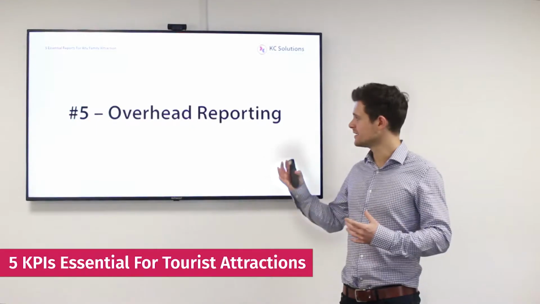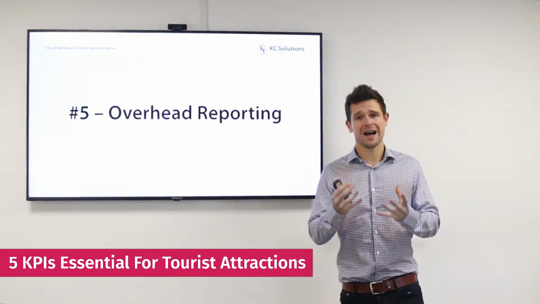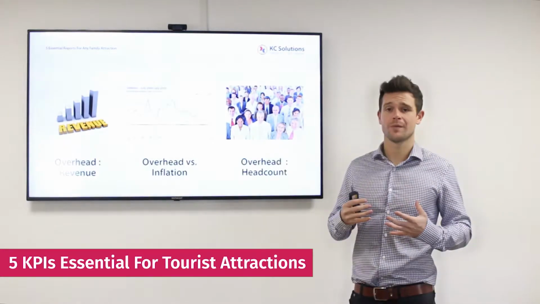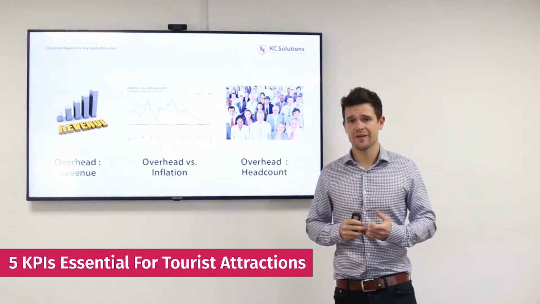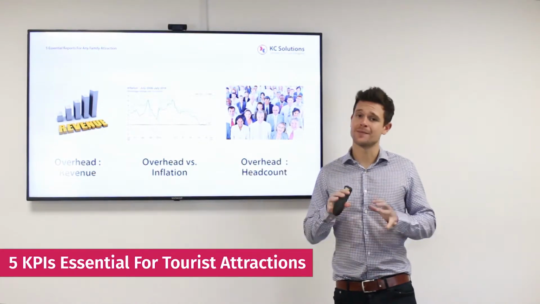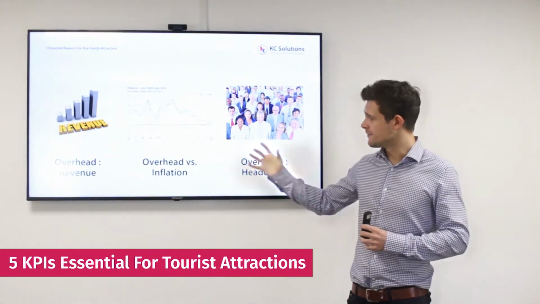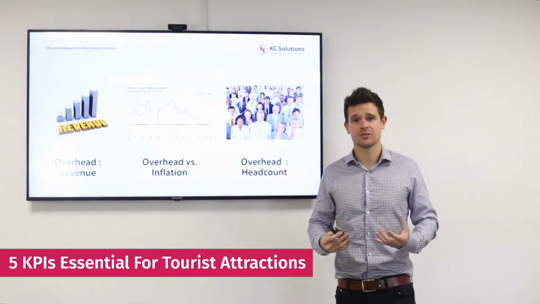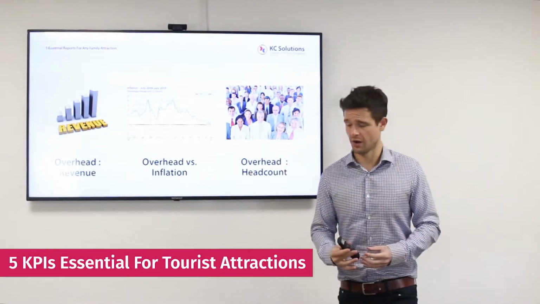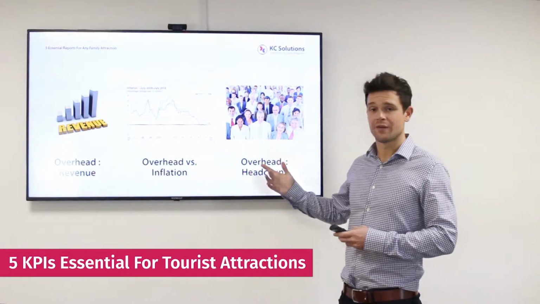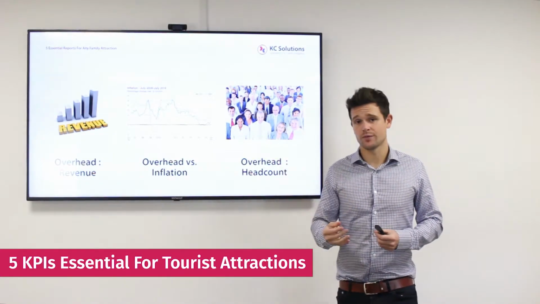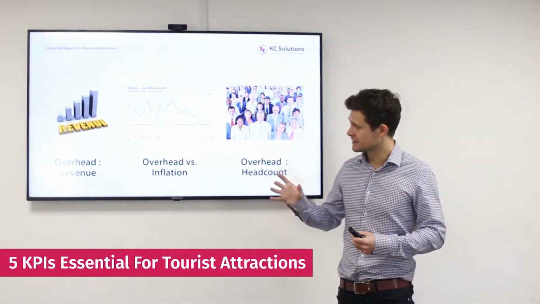The final report here is overhead reporting, the costs that aren't directly attributable to your sales. The story here is all about context. How can you compare overheads to different areas of the business to make sure they make sense? The first and easiest one is overheads versus revenue. As your business grows, of course your overheads are going to grow. However, they should grow in line. If anything, as your business grows, you should benefit from economies of scale and you should actually see that ratio